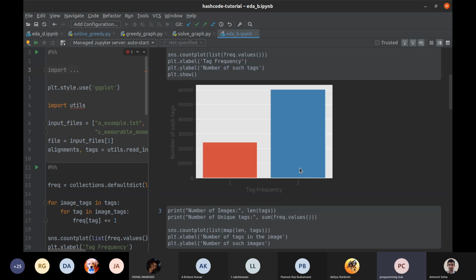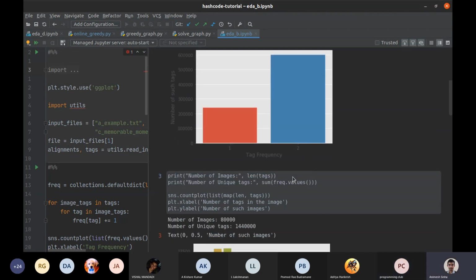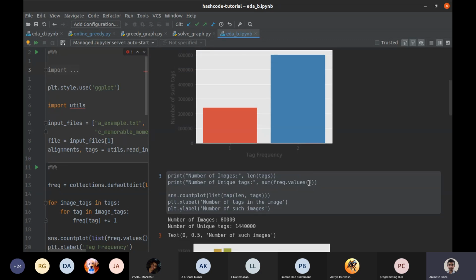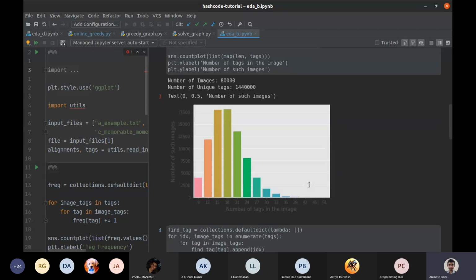So now the relevant questions we want to ask is that this is what we know, that one tag is shared by 2 images. But the question is, how many tags do 2 images share? Whenever you do the forward problem, you should always try to compute the inverse plot. And how many other images does one image share its tags with?